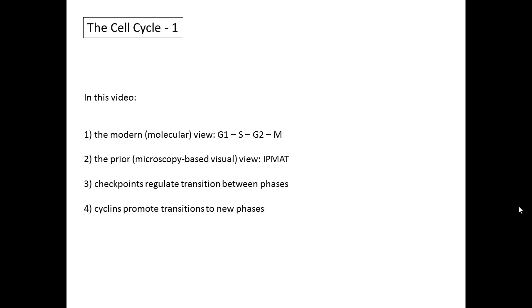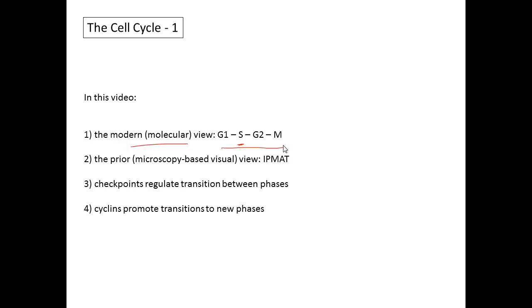Hi, in this video we'll talk about the cell cycle, which describes the various stages a cell has to go through to divide and reproduce itself. We'll look at two viewpoints of the way of looking at the cell cycle. One is the modern or molecular-based view, which started to appear in the 1980s, and it has four stages: a DNA